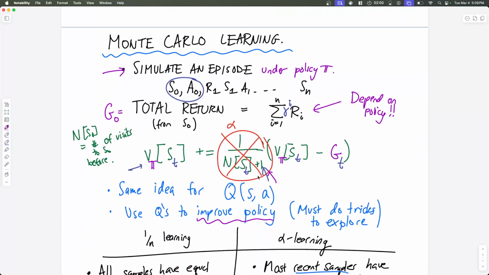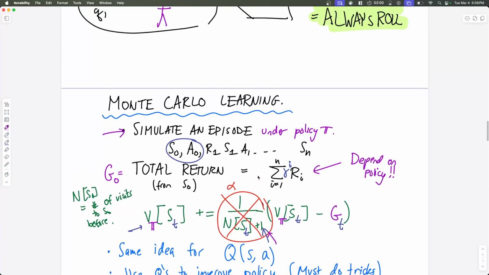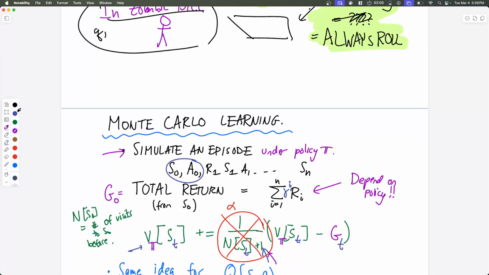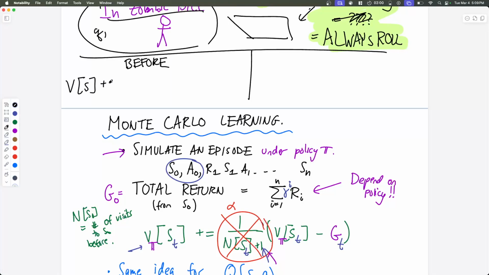So this was what we did last class: V of S plus-equals alpha times (G minus V of S). Let's write this down. We can do a nice before and after. Before: V of S plus-equals alpha times (G minus V of S). So you simulate the return, then you update V like this. After,